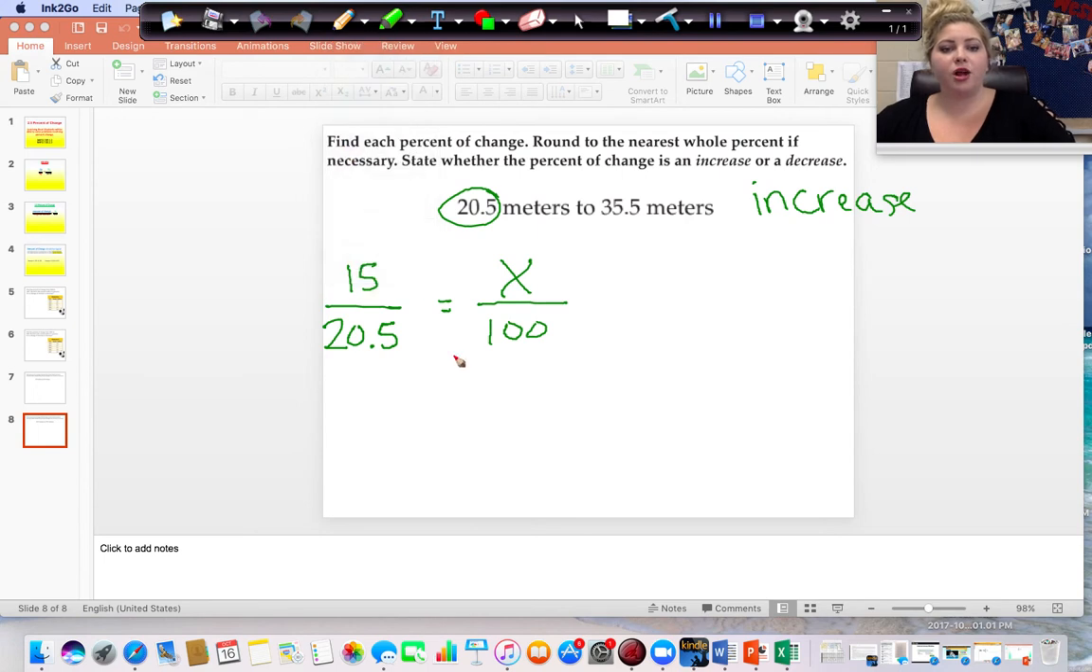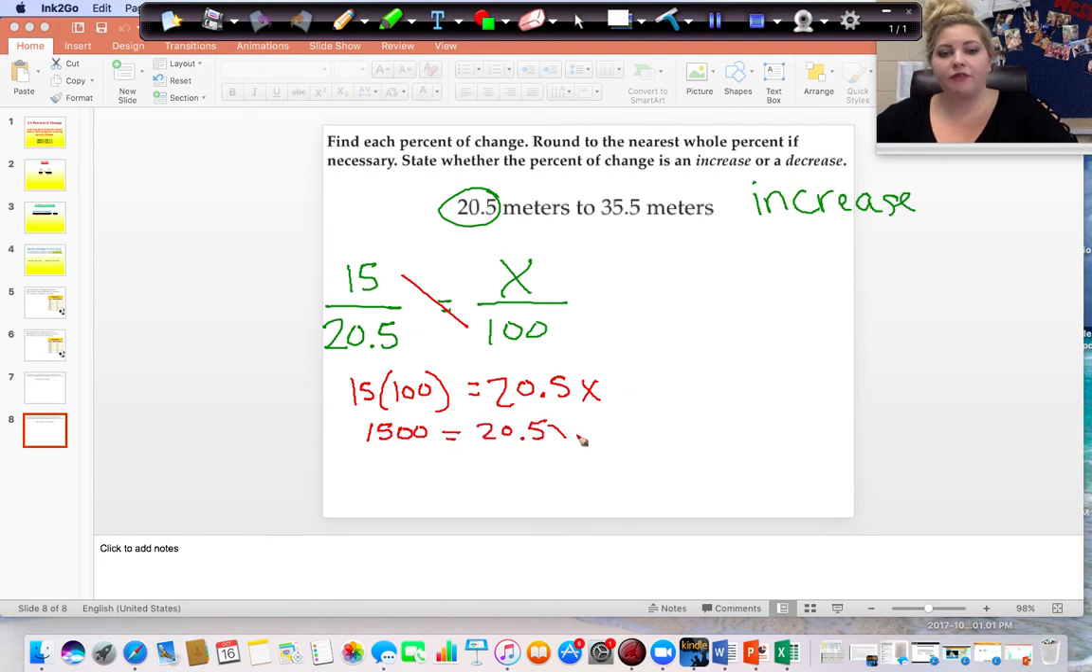So to solve this, we want to cross multiply here. So 15 times 100 and 20.5 times x. 15 times 100 gives me 1500. And to solve this, we want to divide both sides by the same thing. So I'm going to divide both sides by 20.5. You want to divide by the number in front of the x. So 20.5 divided by 20.5 gives me 1, and 1 times x is x. And 1500 divided by 20.5 gives me